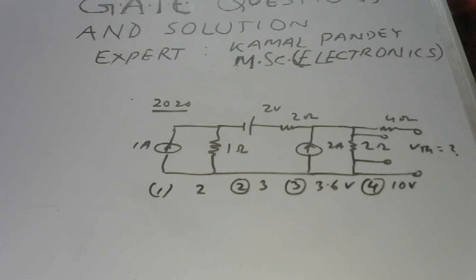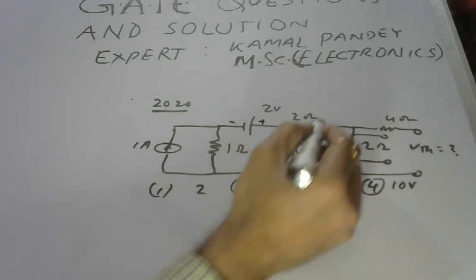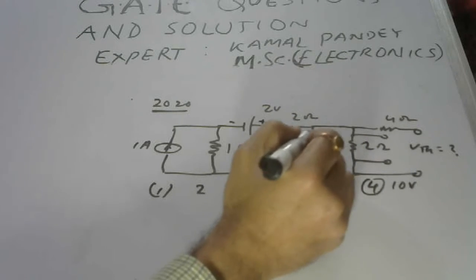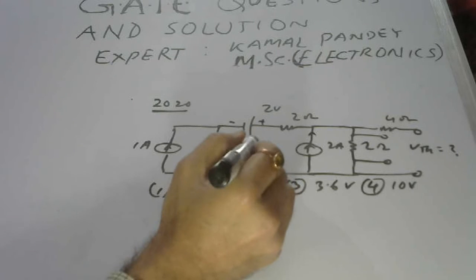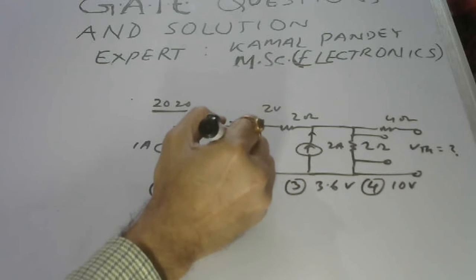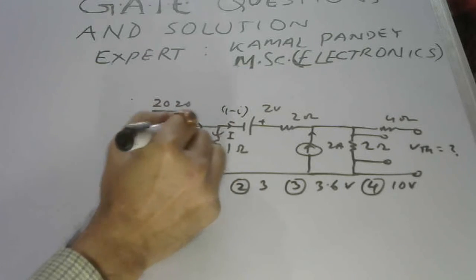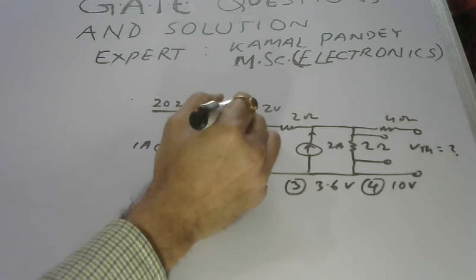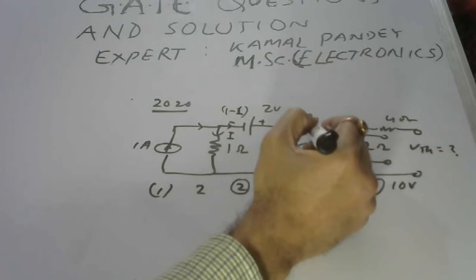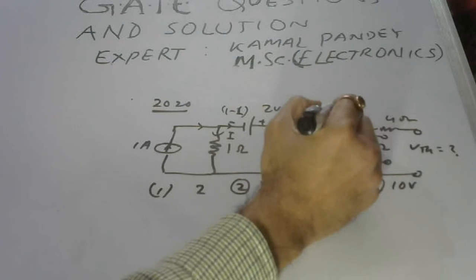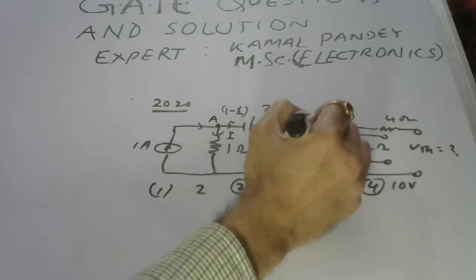We go for the solution of this question. This is negative, this is positive. Here the current flowing is 2 ampere. Let us take I as the current flowing here, and here the current is 1 minus I, because 1 ampere current is flowing here. If I current leaves, then we write 1 minus I, and from here 2 ampere current is entering, so 3 minus I current will leave. Let us mark node A, and this is B.